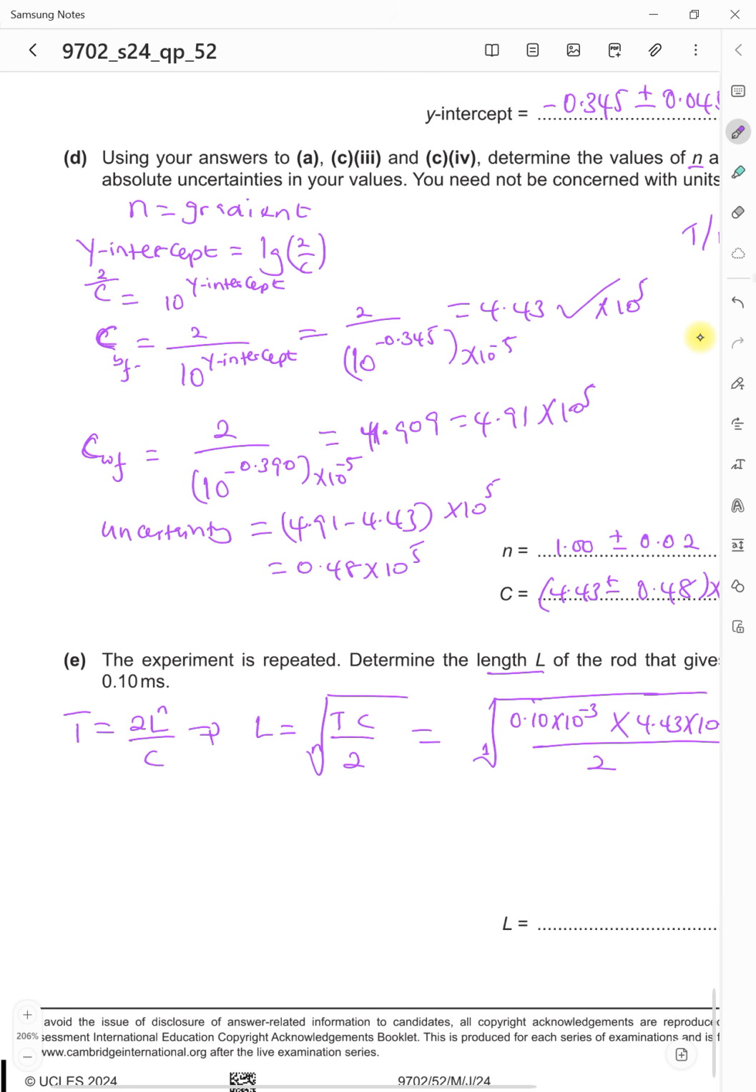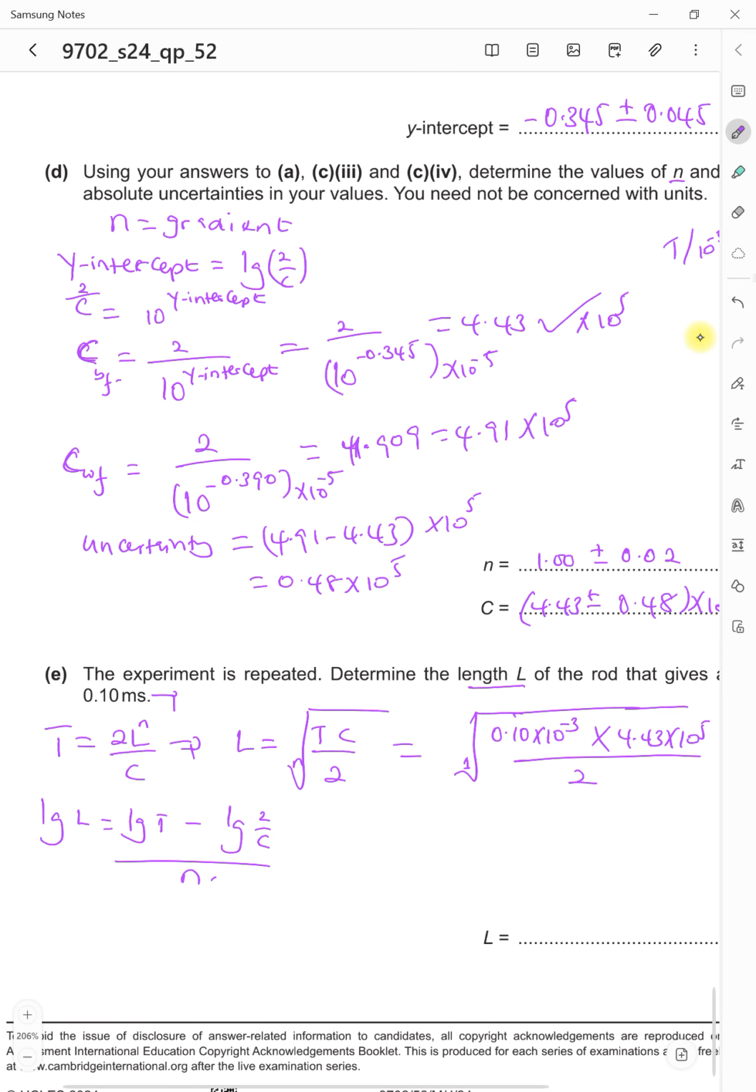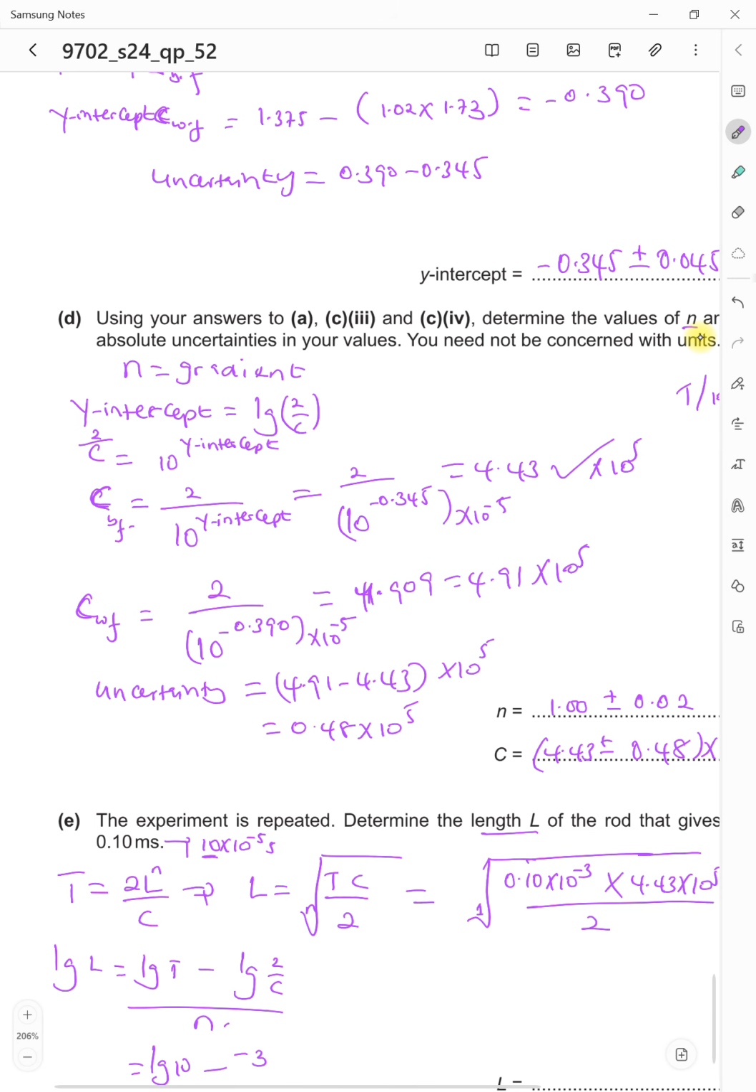So for example, when we introduce log and make L the subject, log of L is equal to log of T minus log of 2 over C, then divide this by N. I want you to also remember that 0.10 milliseconds is the same as 10 times 10 to the power of minus 5 in seconds. So this is going to be the same as log of 10. I'm just taking the 10 because the 10 to the power of minus 5 has already been catered for. Then minus log of 2 over c is the y-intercept, so minus the y-intercept, which is negative 0.3,